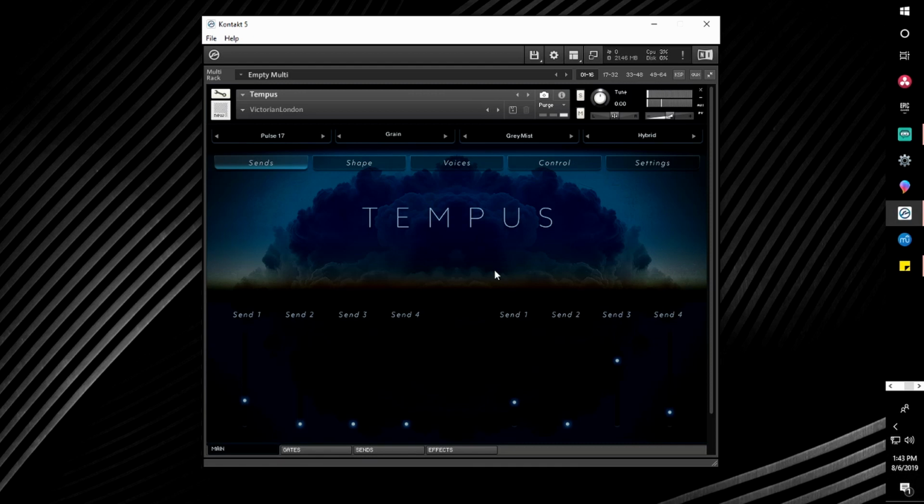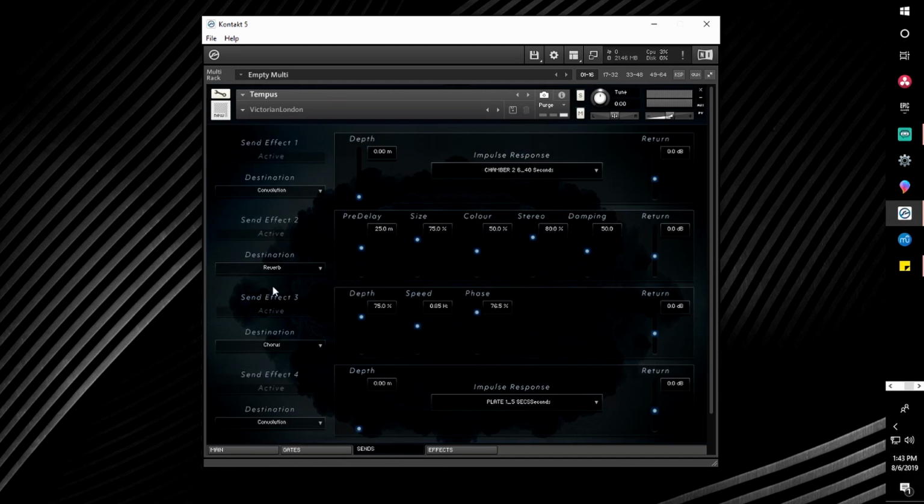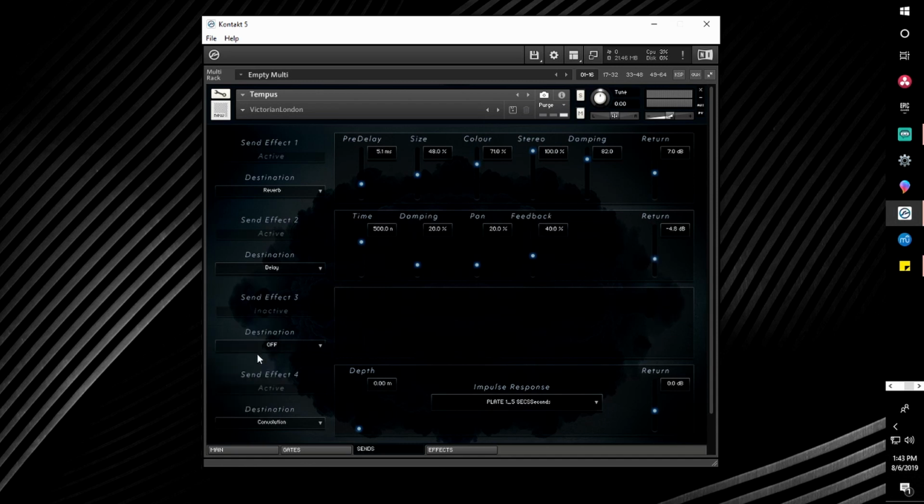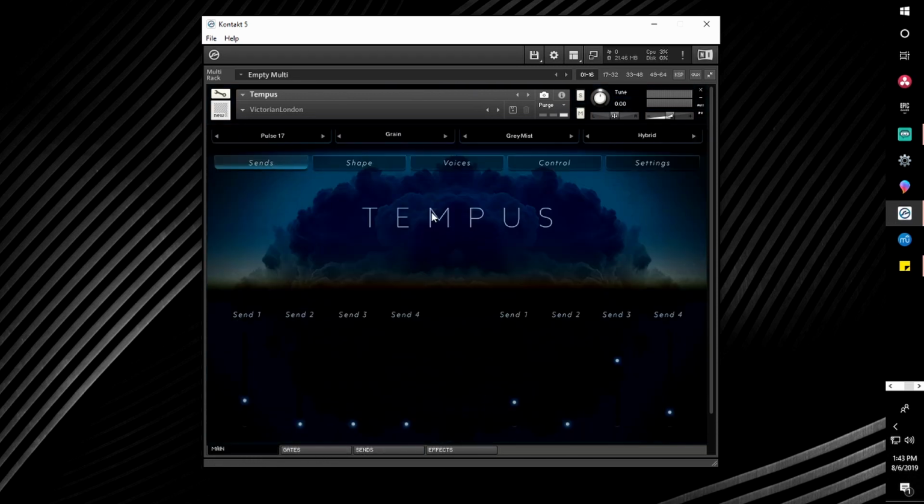And then you can also isolate the send effects levels, and that's applied for all voices. And so yeah, when you go to the main window and go to the sends,